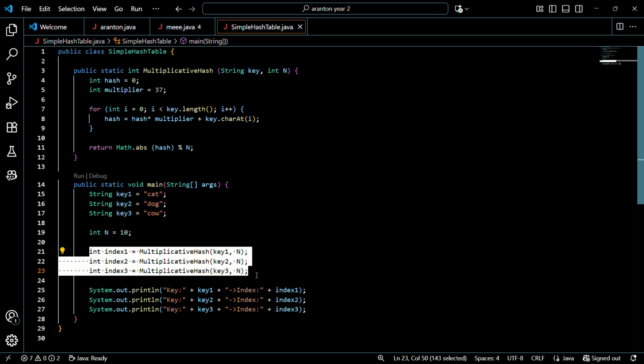These lines call the multiplicativeHash method for the keys. Index 1 stores the hash index of cat. Index 2 stores the hash index of dog. Index 3 stores the hash index of cow.